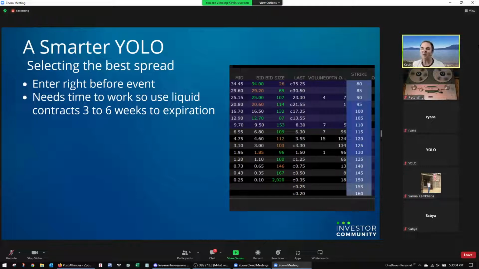We also don't want to be buying too much time. We don't want to be buying 3 months' worth of time, because then that gets expensive and increases our max loss. So 3 to 6 weeks is pretty much the sweet spot. Monthly contracts are usually best because they have better liquidity. But if something like Apple had a high short interest and had earnings coming in, and you wanted to use this play on it, you could use weeklies because Apple has tons of liquidity.